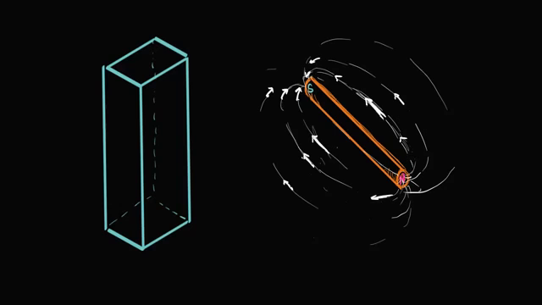What I want to do in this video is give ourselves an introduction or an intuition for the term flux in general, and then think about how it applies to the idea of magnetic flux. So first of all, when people are just talking about flux, and this is the easiest way that I know how to conceptualize it, they're talking about how much of something is flowing through a surface in a given